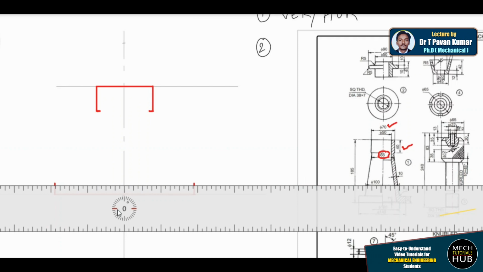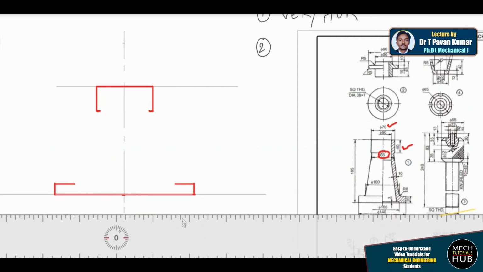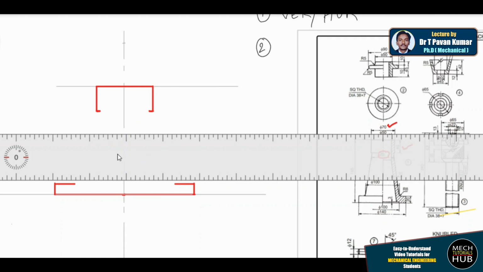Already I'm maintaining the 140 bottom line. Here I'm supposed to maintain 100, exactly from the center, 50 on either side. Let me mark this point, this point, and close these two. This is done. Now the idea is to draw a straight line passing through this end point and ending up here at the 2 mm thickness line.